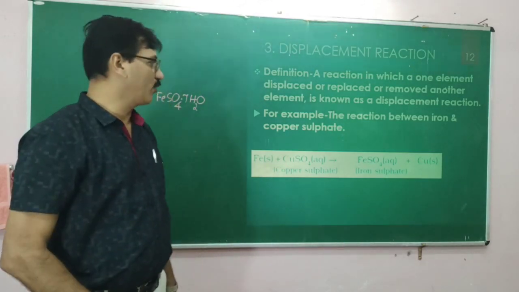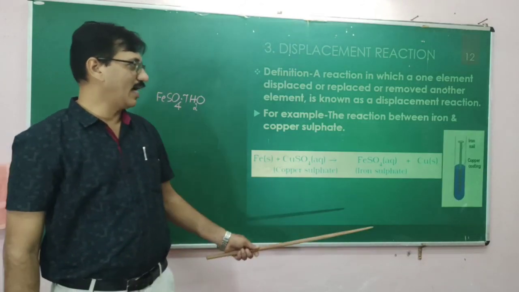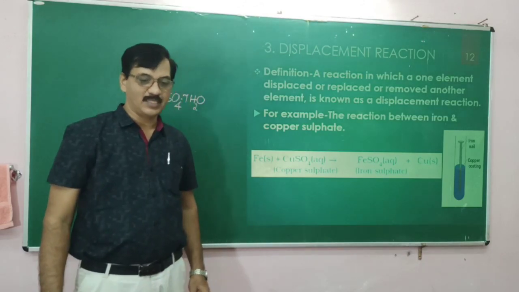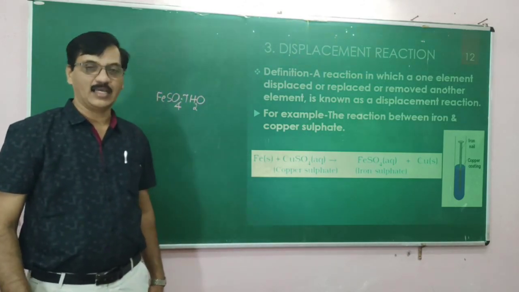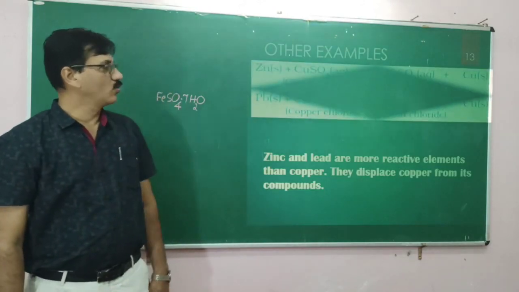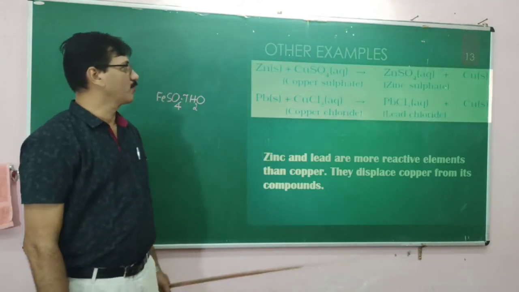So this is the way we have to interpret. This is the arrangement that we have done, and let us see after some time whether the reaction has taken place or not in the way that is being told. Right? Now some other examples also let us try to see.